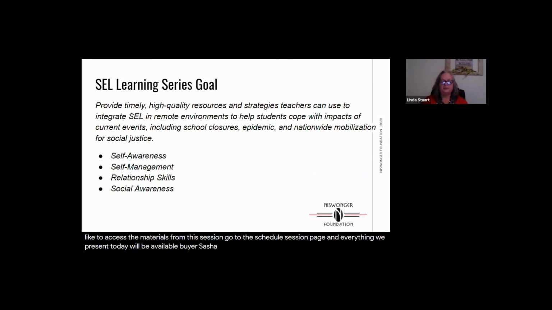Social and emotional learning, or SEL, is the process through which children and adults understand and manage emotions, set and achieve positive goals, feel and show empathy for others, establish and maintain positive relationships, and make responsible decisions.